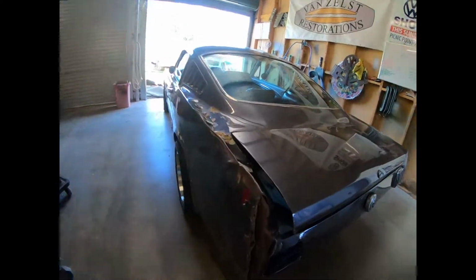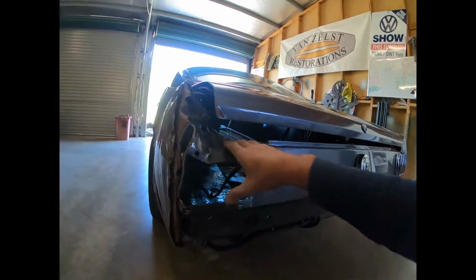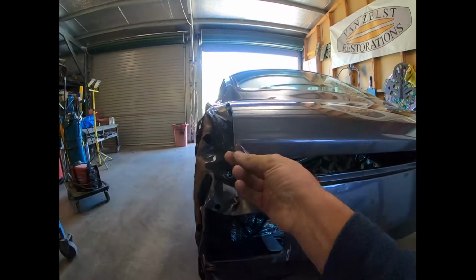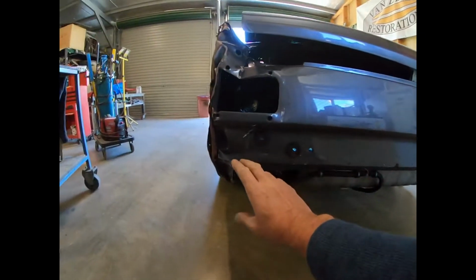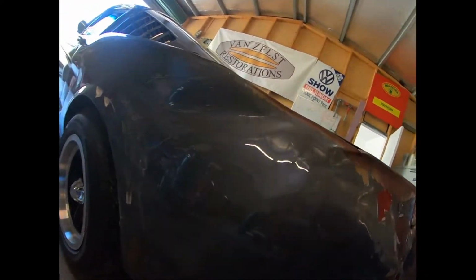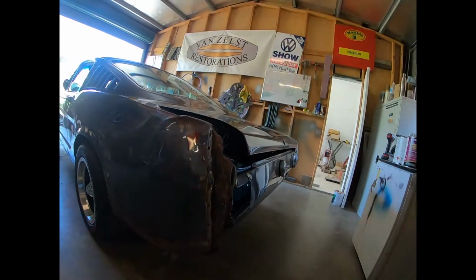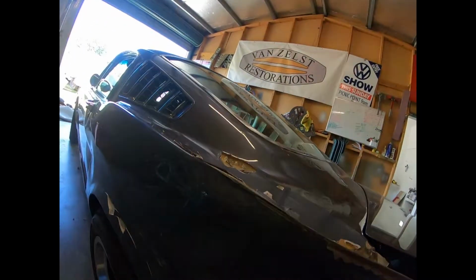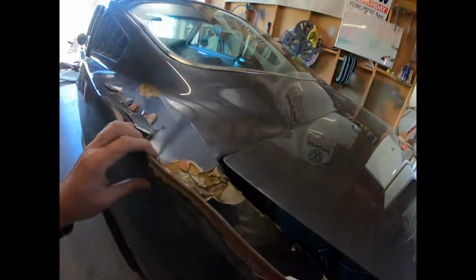So what's happened here? Well, it's had a bit of a push and smash in this quarter, which has pulled this down, and it's popped. The boot's got a little bit of damage there, but might be okay. We are going to replace the bottom of that, which the owner's already taken off. We're going to replace that section and the quarter panel. We'll work out whether we need to replace the whole lot right to the door, or whether we can just replace from here back, which is the damaged part. But as you can tell,